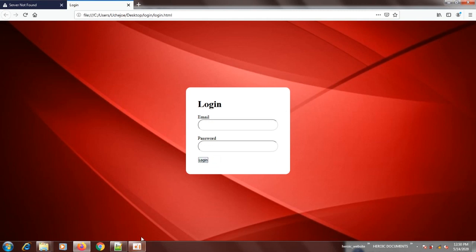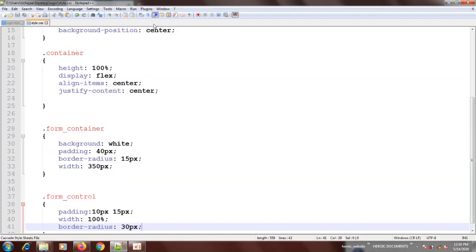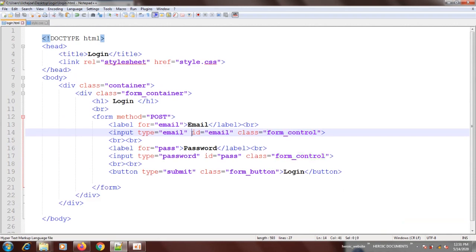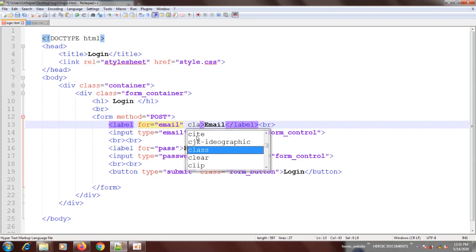Let me not style it so much. Then I have to quickly rush to the label, and I haven't given it a class. I have to come to this label now.